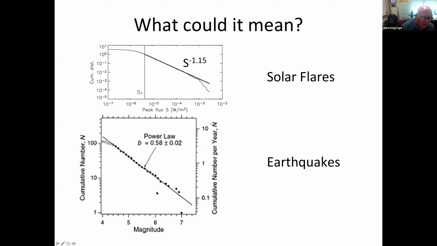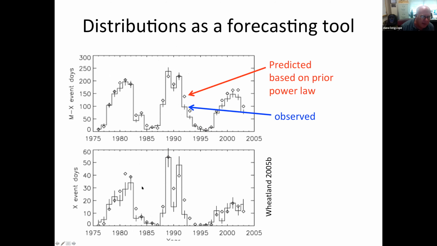We have built a building that will withstand a 100-year earthquake. That's what they mean by that. They're using this power law and extrapolating into the future and saying that is how likely something that big is based on the power law, even though they may not have ever observed such a thing. And here you're using this as a forecasting tool. So you haven't observed the X-class flares, but you say, we saw a lot of C and M-class flares, we extrapolated. There is a 50% chance of an X-class flare